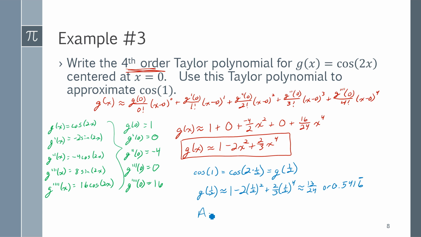The actual cosine of 1 is approximately 0.5403. So our fourth order Taylor polynomial actually gives a pretty close estimate. I mean, we're within 0.0013 of the actual value, just using 3 terms of a quartic polynomial. So that gives you an idea of just how Taylor polynomials can be used to help us estimate functions